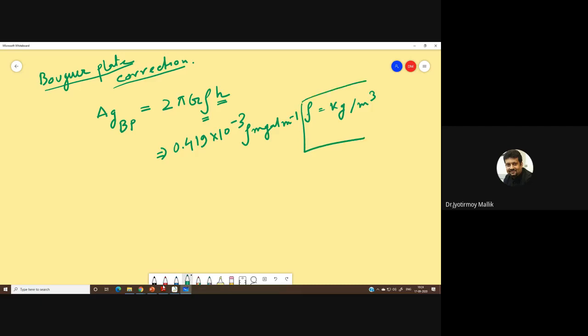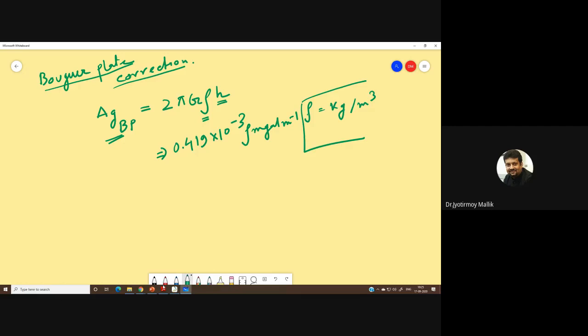So what is essentially necessary is only the thickness of the Bouguer plate. If you multiply the thickness of the Bouguer plate with the average density of the Bouguer plate that you are considering, say for example, if it is in the continent, then you have to look at the rock types of which density you want to put for the Bouguer plate, be it granite, gneiss, sandstone, whatever. Then convert that into kg per meter cube, replace that in rho, and multiply that with the thickness of the Bouguer plate, you will be able to find out the Bouguer plate correction.